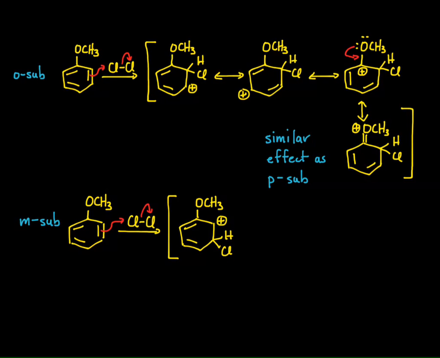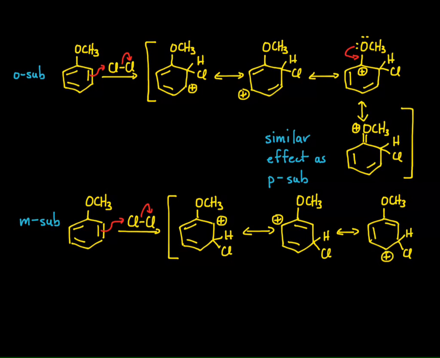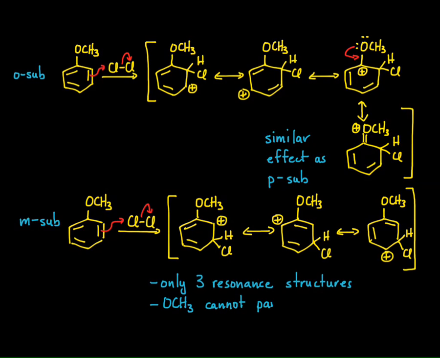And when I draw resonance structures, I see that when I move my electrons down to that carbocation, the carbocation basically moves to the left, and then of course I have another resonance structure where the carbocation can be at the bottom. And that is it, right? I only have those three resonance structures. And so I see that I can only generate three resonance structures, and that the OCH3 group cannot